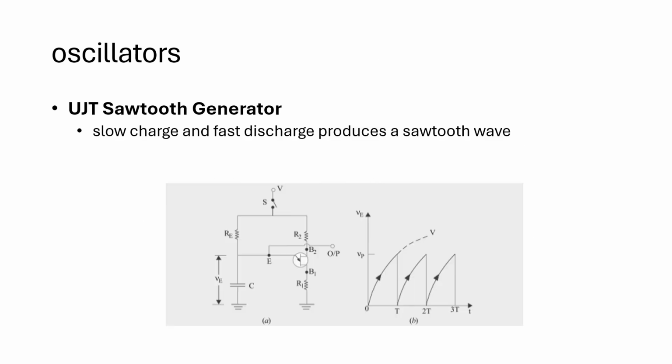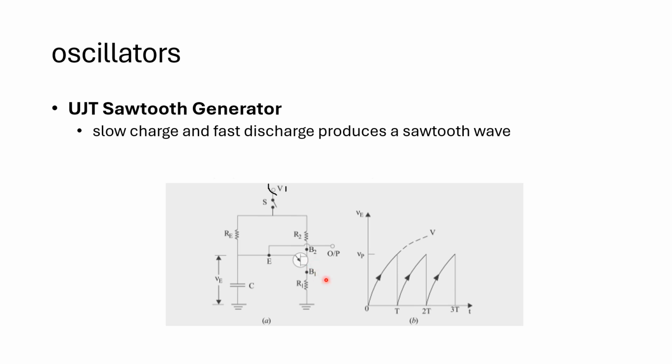So we have here an example of a UJT sawtooth generator. It consists of a power source. We have your UJT. This is our symbol for UJT or unijunction transistor. This is a type of thyristor or semiconductor device wherein it has an emitter. Look at the symbol for your emitter with the arrow, and then it has two bases.